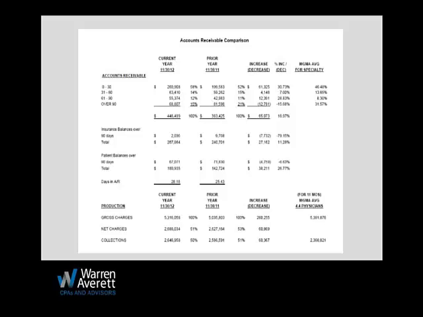This is the driver behind our accounts receivable. So inside of this diagnostic that we're looking at, this accounts receivable comparison, and these are old, irrelevant numbers, we would be looking at a snapshot for the last month. So we would be looking at, let's say, May 30th of 2014 versus May 30th of 2013.